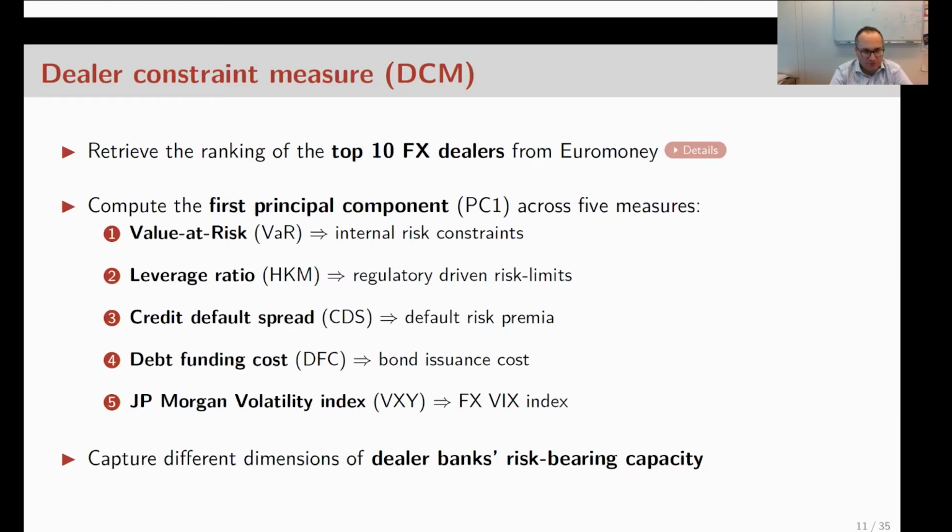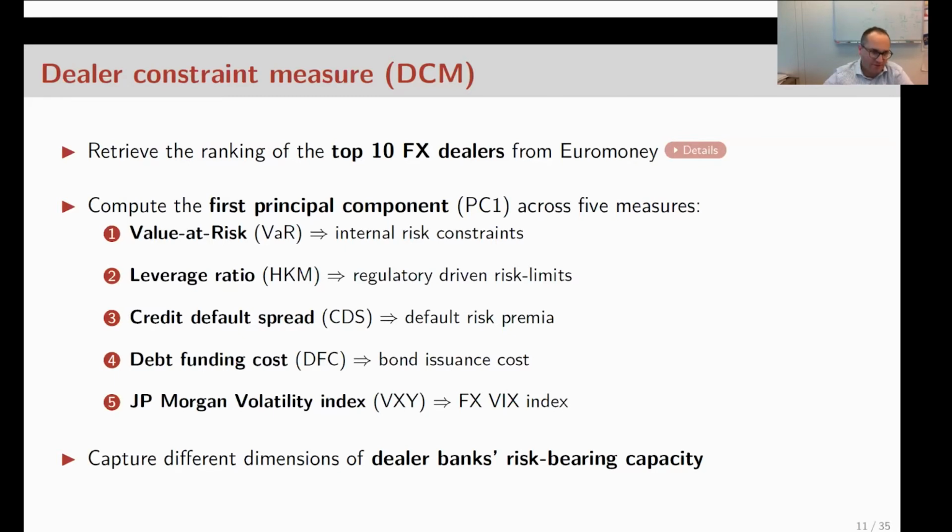And then once we have these 5 metrics available to us, we perform a simple principal component analysis of these 5 measures, which then measures how dealer constraints fluctuate over time in the aggregate. And due to the fact that there are multiple ingredients in this measure, we believe it captures various dimensions of